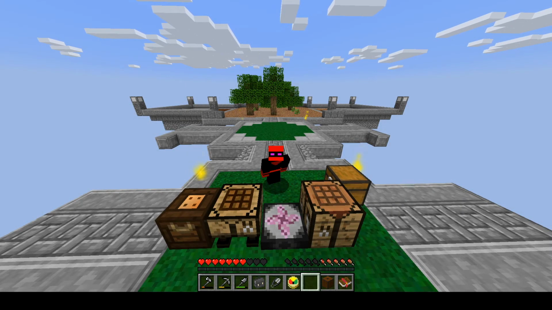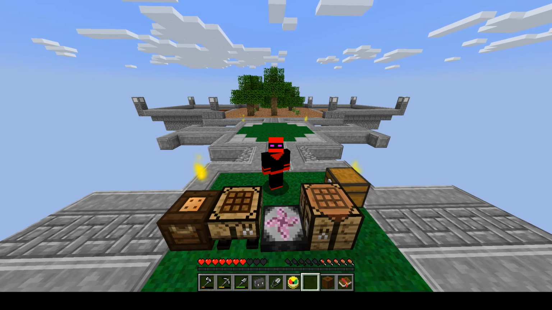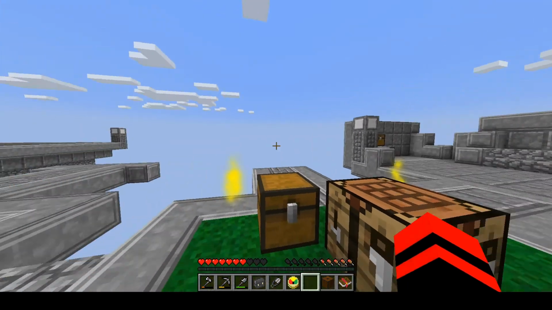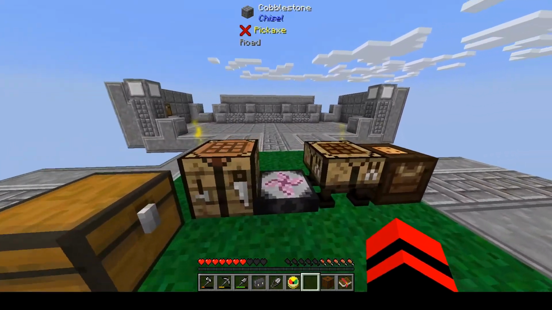I'm Much the Battery, and today we're going to be continuing our adventure in Minecraft's Feed the Beast Interactions modpack. Last episode, we started off in this void world with nothing but a small island, a tree, and an EMC table. We were able to make lemonade out of these lemons, and now we had this nice base going on for us. So last time we left off,